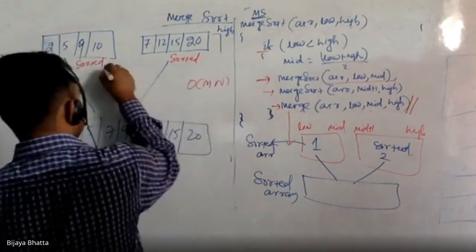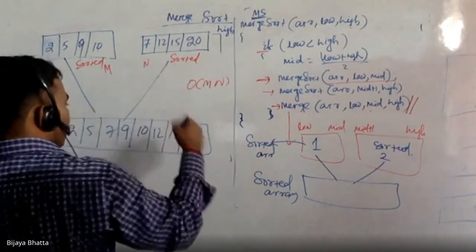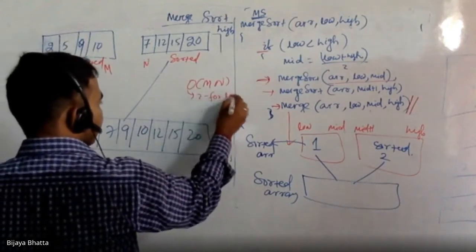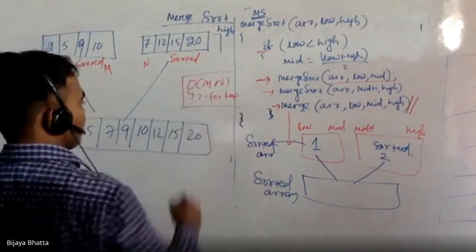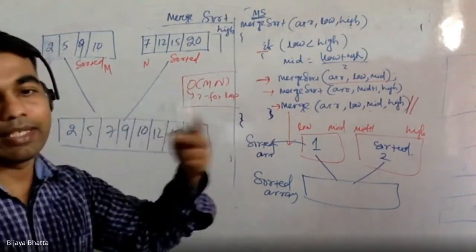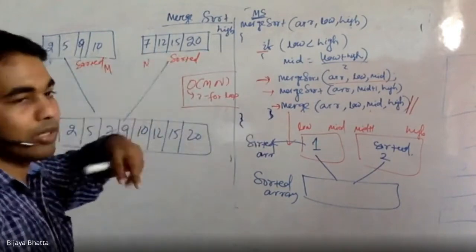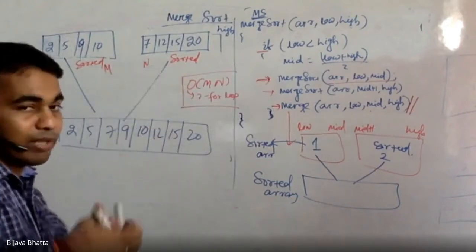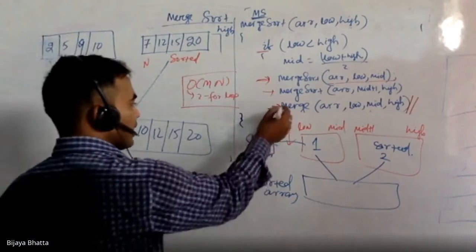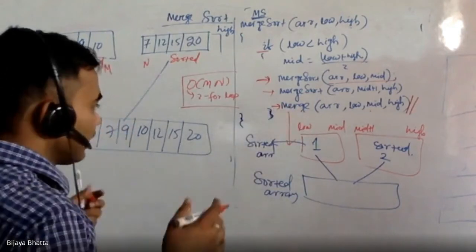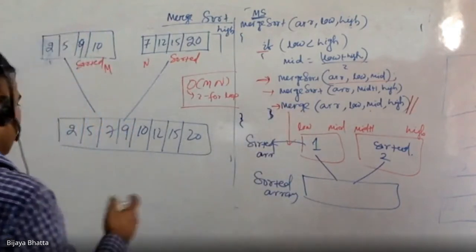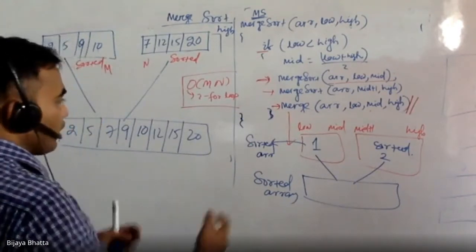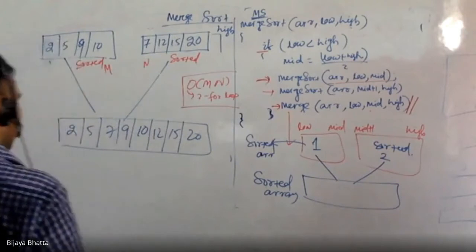If m is the size of this one and n is the size of this one, putting two for loops means mn. Instead of doing that, I can do a little optimization, because mn can work for any generic array. If it is a generic array, then you can do it that way. But this is in sorted form, so I can make a little enhancement and apply this particular merge, which is a better way of doing this merging instead of time complexity order of mn.